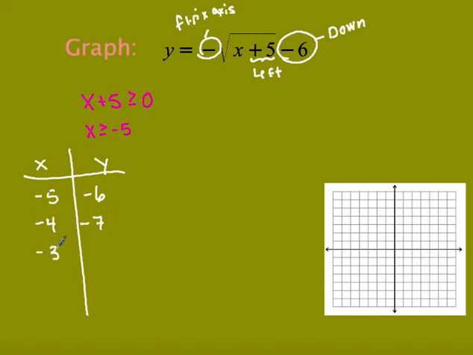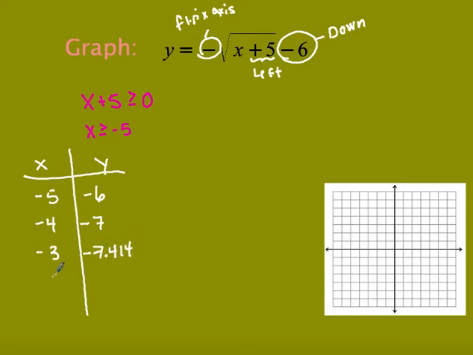I know it's not a perfect square when I put that in there, but I'll show you it's okay that you don't always have to have perfect squares. So -3 plus 5 gives me 2. The square root of 2 is approximately 1.414. And I'll negate that, and then I'll subtract 7, and that's going to give me